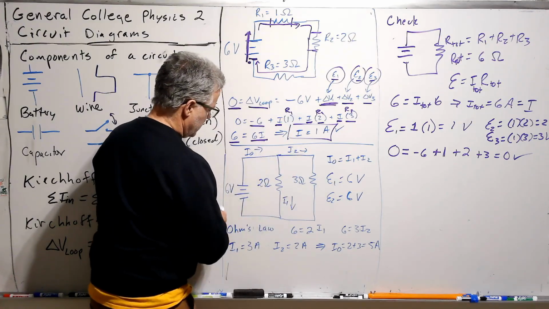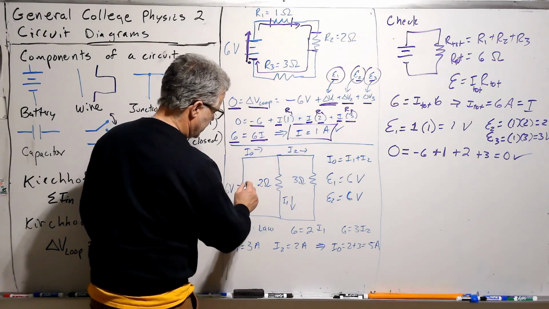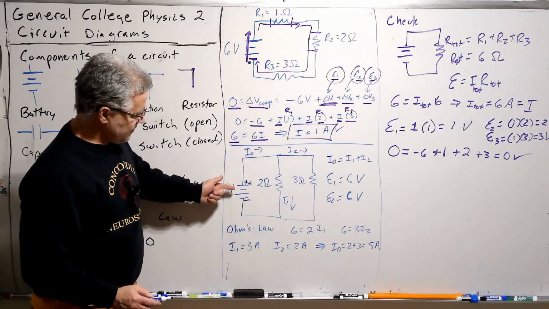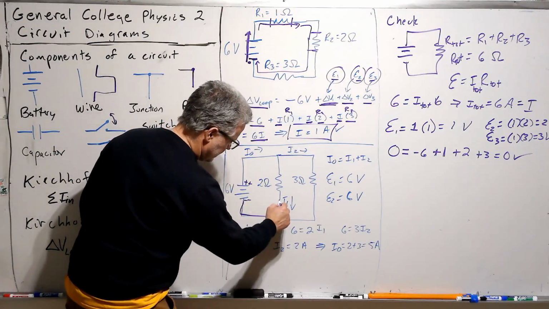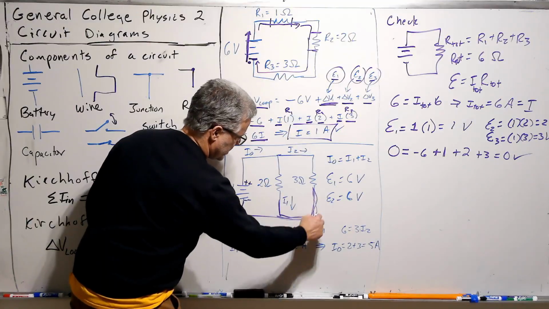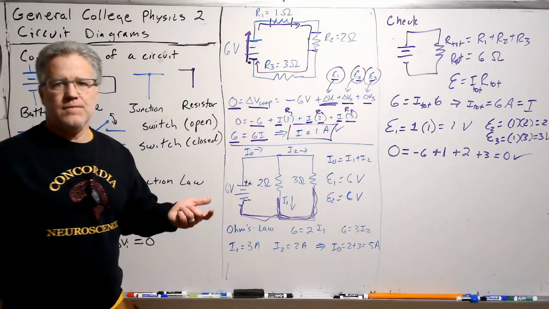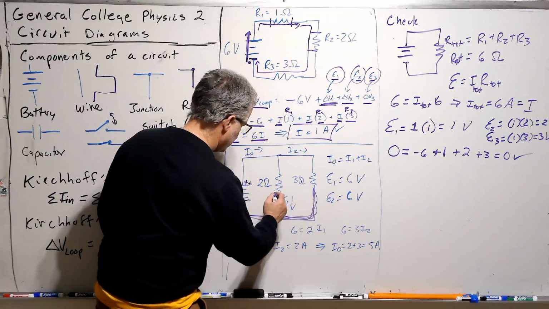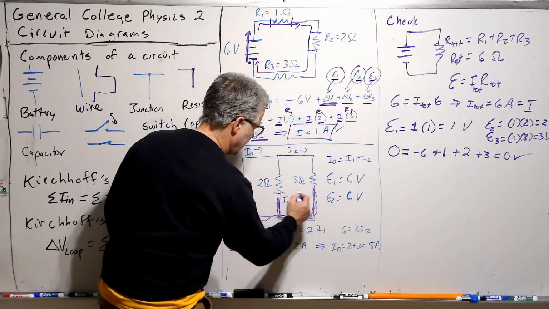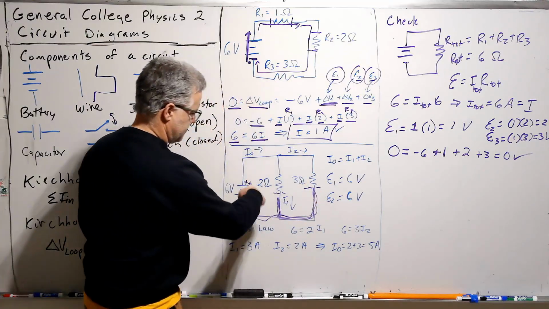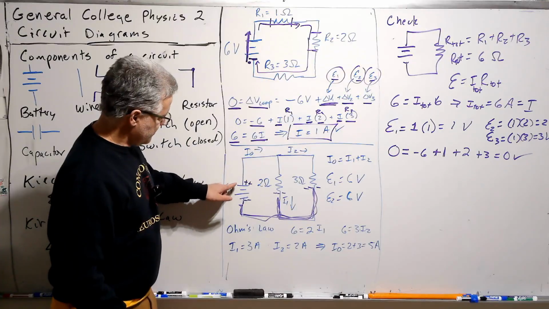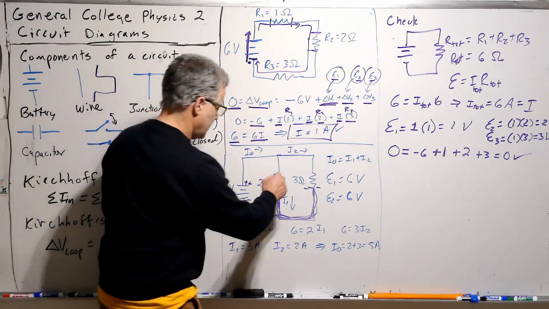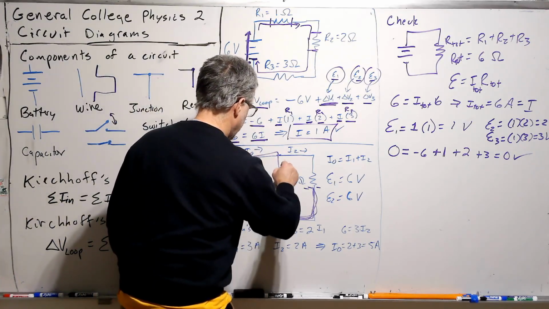So let's look at this. Now, here's an important concept that we want to make sure that we really have down. Battery, negative end, positive end here. This is just wire, right? This is wire, wire. So you can think of this as just one big metal sheet, or conductor. So that means that the negative is going to be the same over here. The voltage has to be the same everywhere. So if this is 6 volts and this is 0, then this is 0 and 0, right? And then this is going to be, because this is all connected,